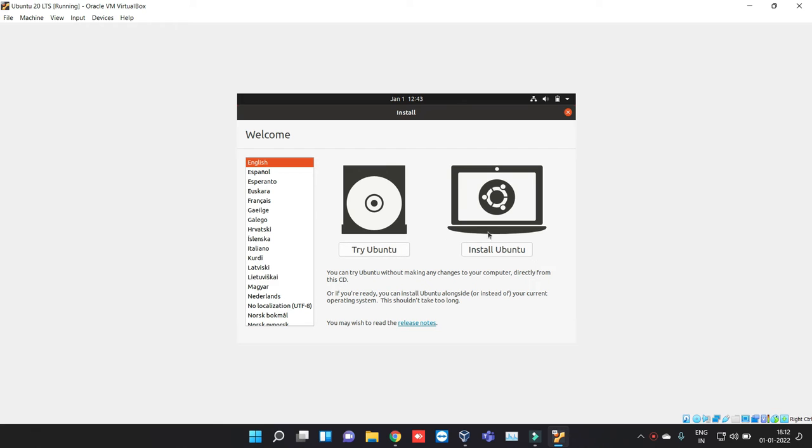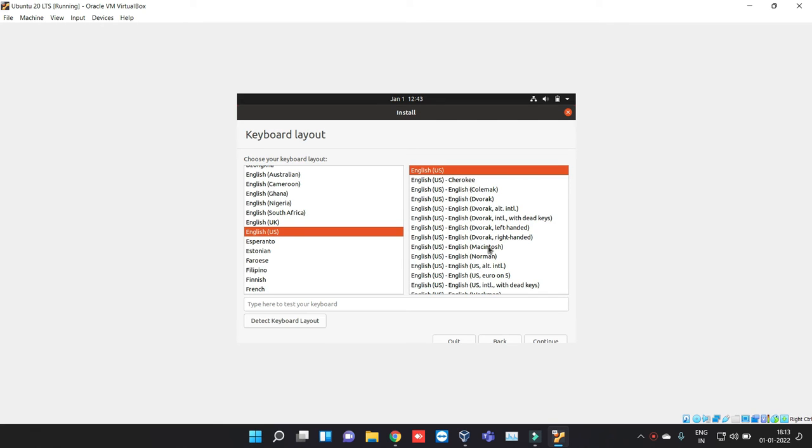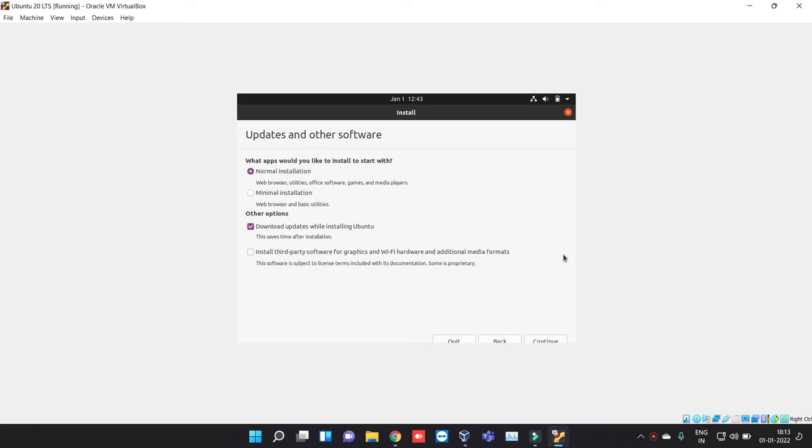I will click on Install Ubuntu and select the keyboard layout as English US, then click on continue button, and then continue again.